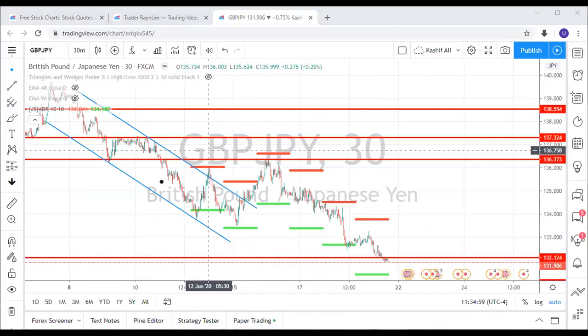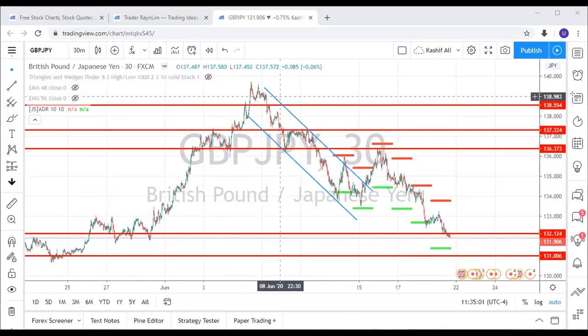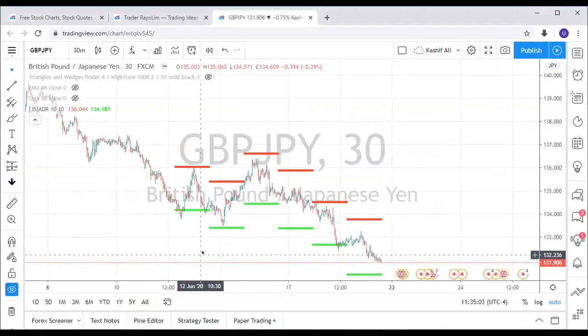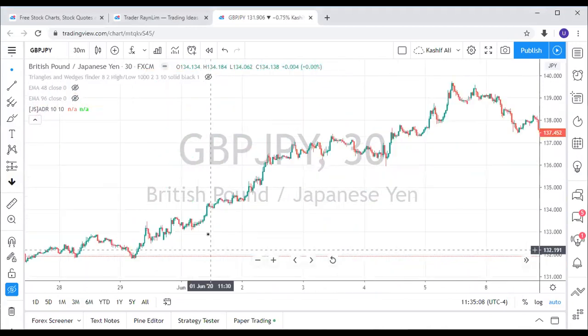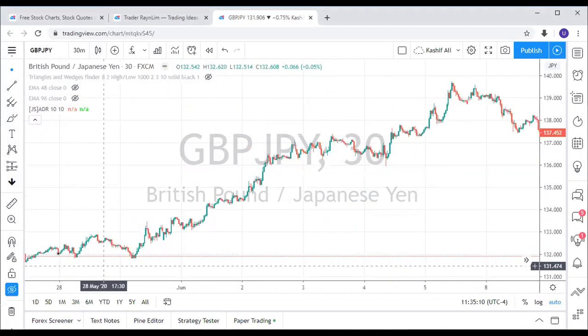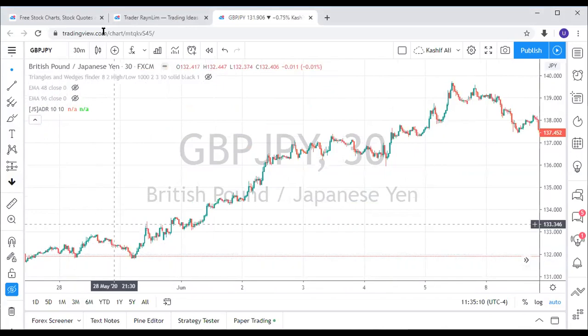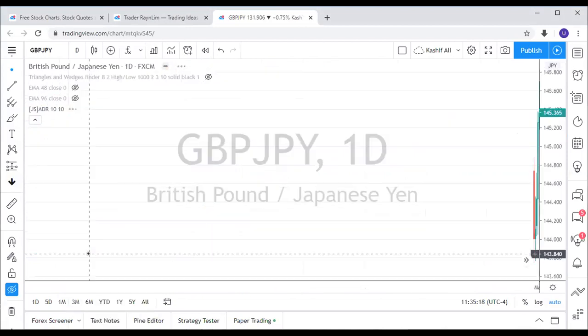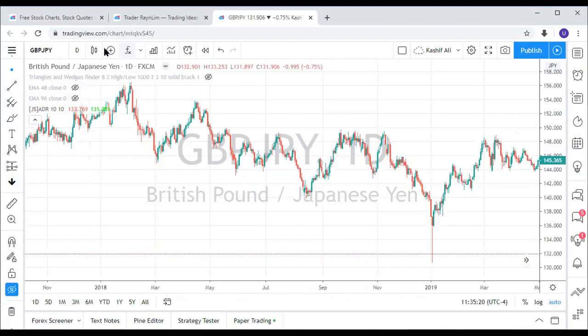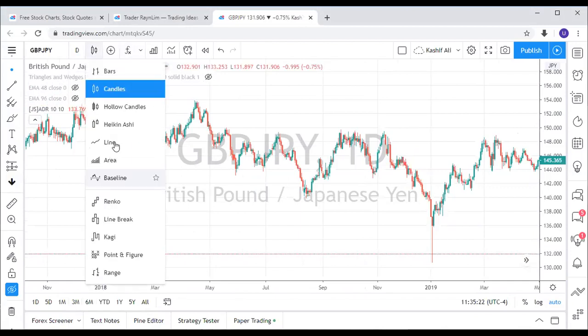Now, coming back to the point. So do you see the chart? If I make, you see the chart like this. So in order to have the reference point, you can see that this is the support level, but you have to go to the daily. How I am putting the support and resistance levels: I will, for example, go to the daily, put this to the line,